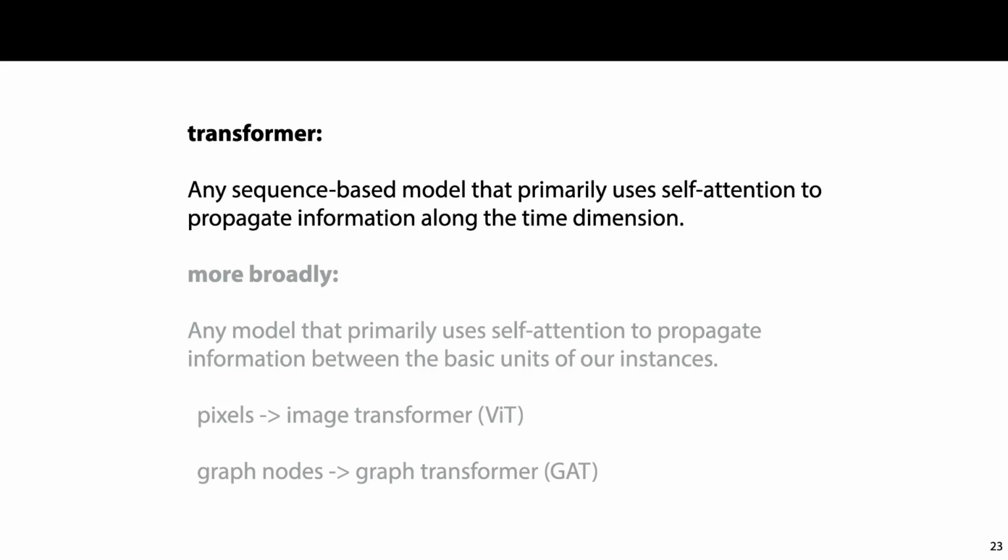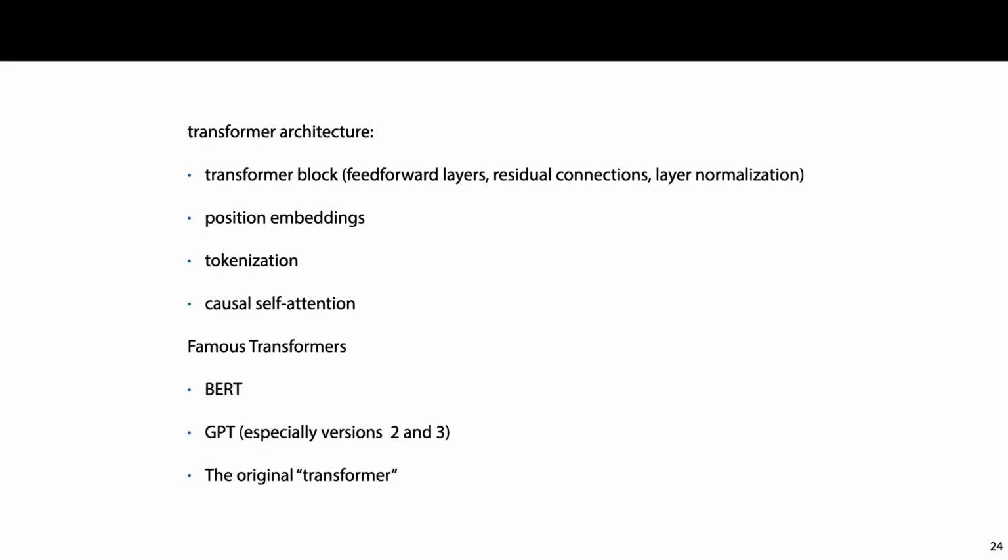elsewhere in the sequence. The idea of transformers started in the domain of sequential data, but it has been extended to other domains as well. In this section, we will discuss the main things we need to add around the self-attention operation in order to create a full-fledged transformer. Along the way, we will show some of the more famous models that have been introduced